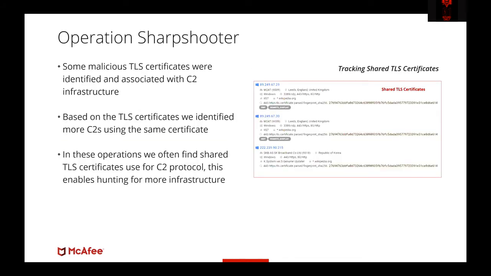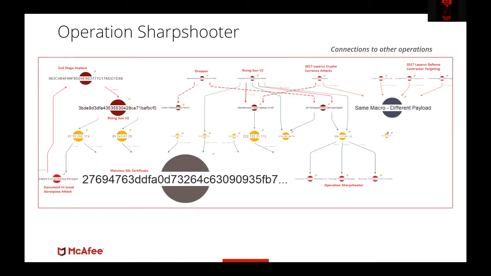Moving on, these malicious certificates we also discovered were identified to be tied to the C2 infrastructure. Based on sharing of TLS certificates, we're able to determine that there was a number of different servers that were used over the course of several years. Most notably, it was with different infrastructure in different countries, but by tracking these shared TLS certificates, we're able to identify sharing of infrastructure amongst multiple campaigns, as we go into this slide.